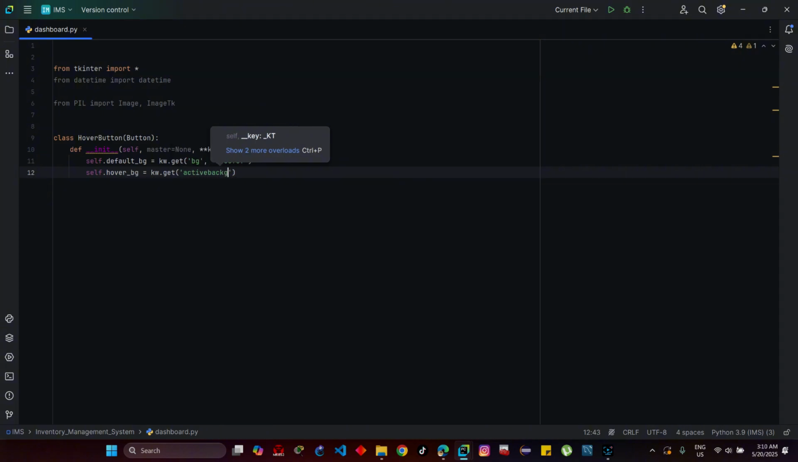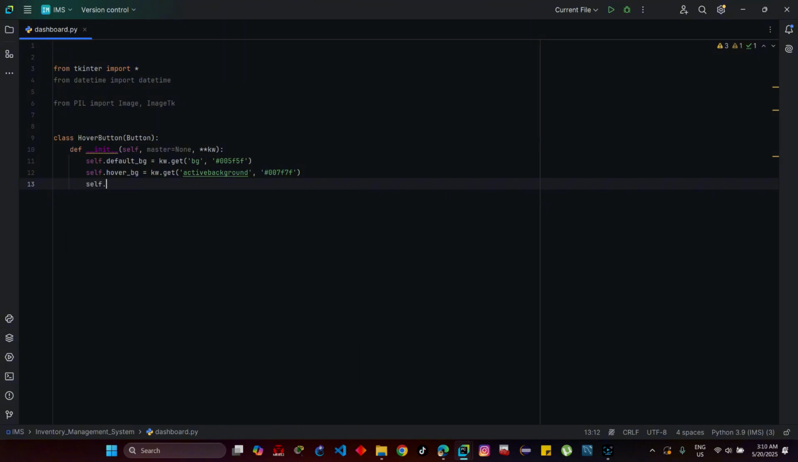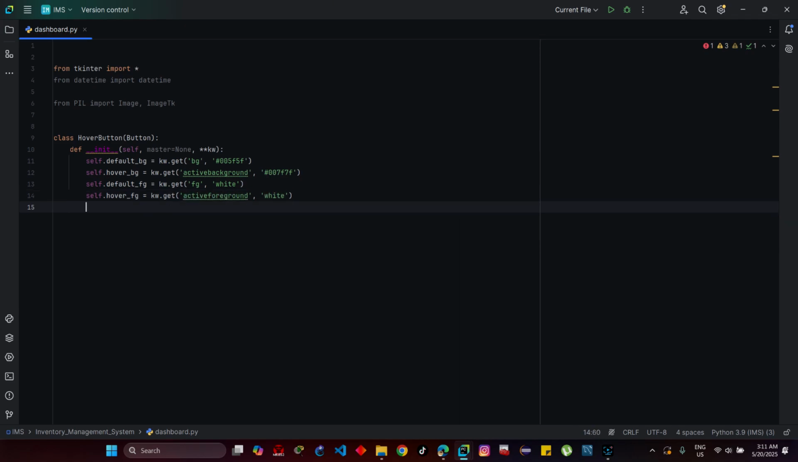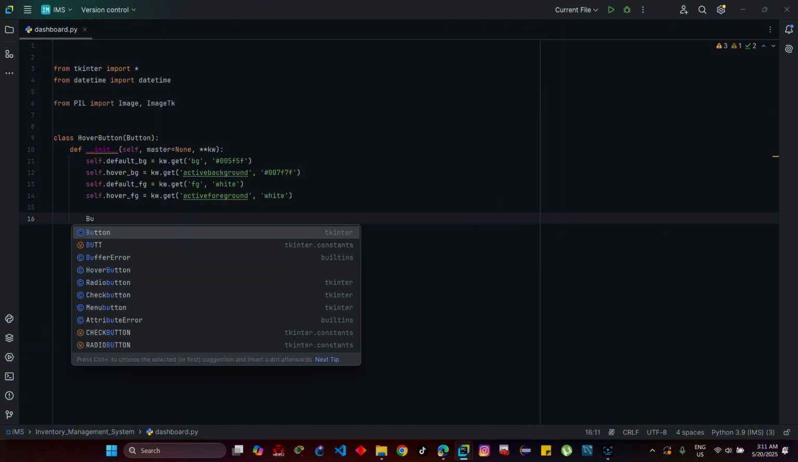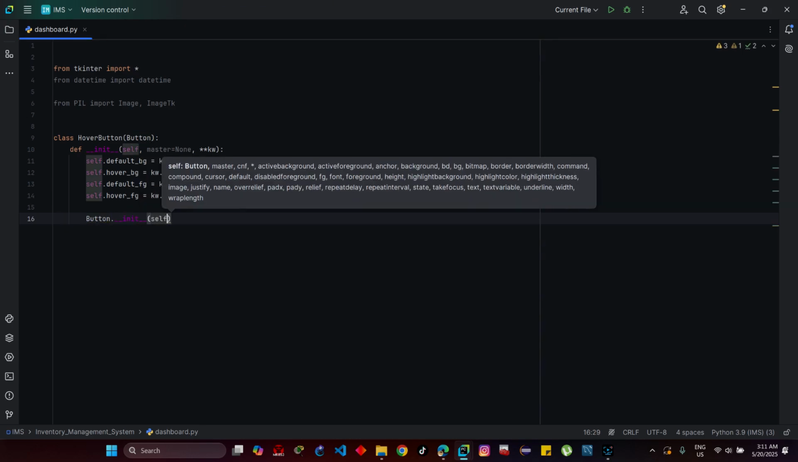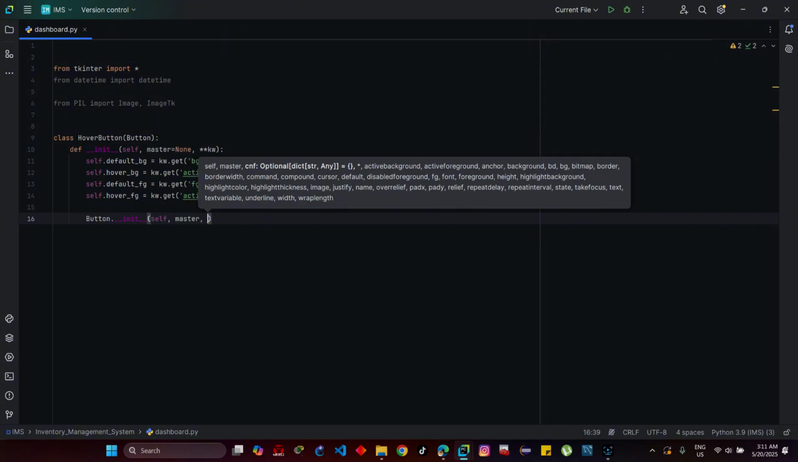This will be for active background, and the color is 007F7F. Self.default_fg, kw.get fg, and it's white. Self.hover_fg is equal to kw.get active foreground, and the active foreground is white. Button.__init__ method, self, master, and